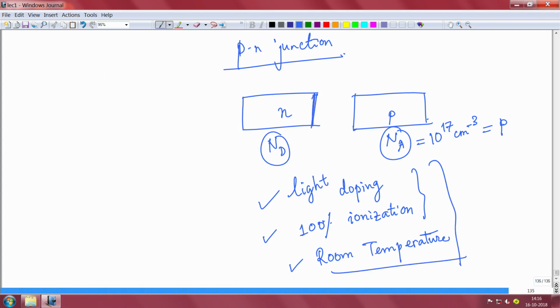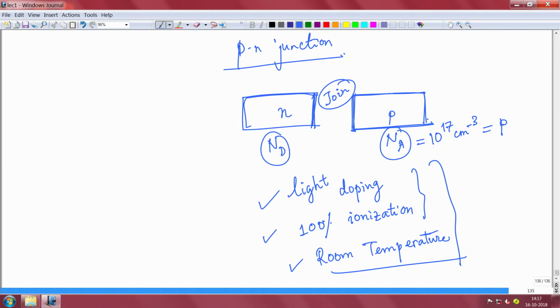So I'm taking an n-type semiconductor, and I'm taking a p-type semiconductor here, and the p-n junction will essentially form when I join them. So what will happen when I join them? Now, how do I join them physically? That is a different question. I don't put any glue or Fevicol to join them. That is not how it is done. We'll come to that fabrication later when it is necessary, but suppose we are joining them. What is the thing that will happen when we join them?